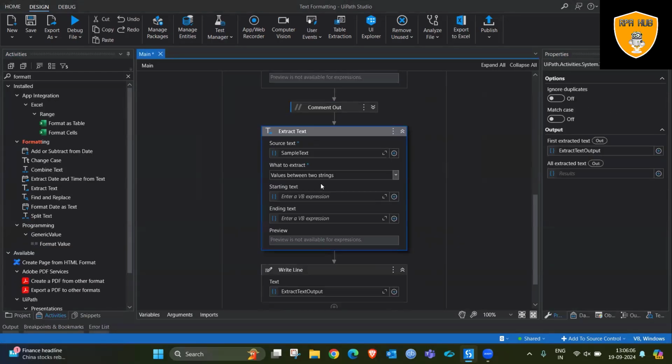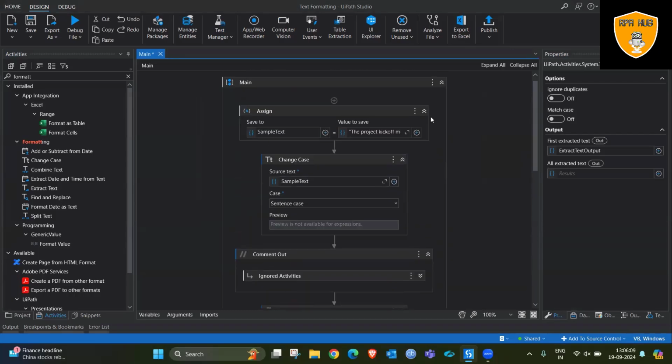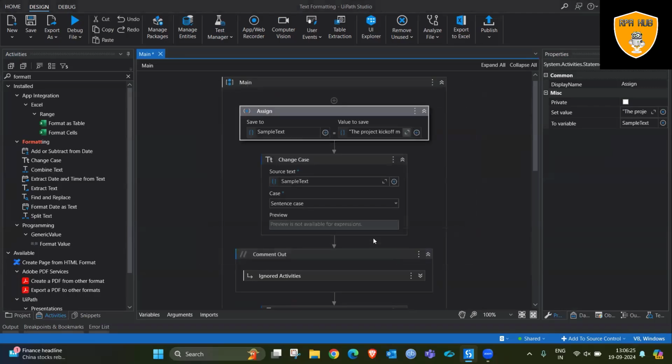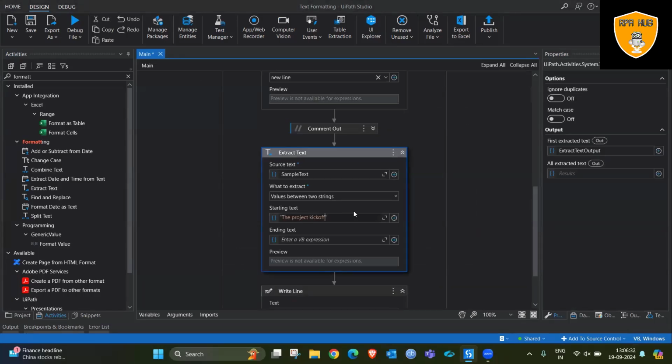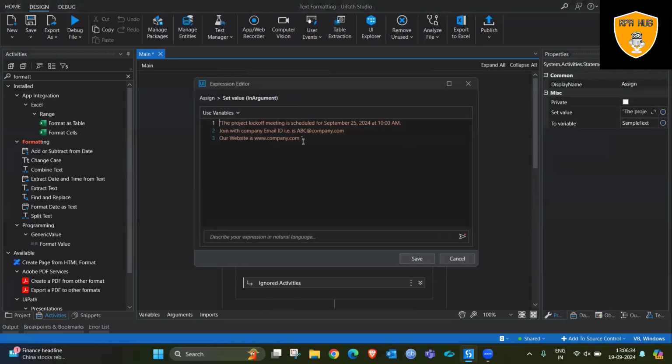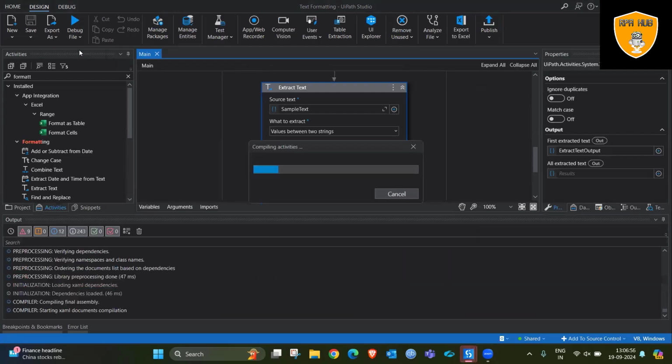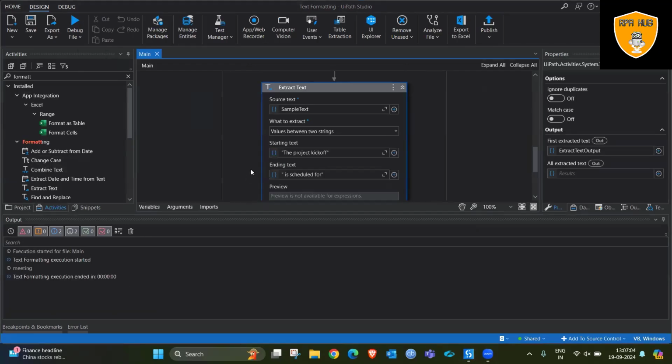Now, this time I want to extract the value between two strings. Here, let's consider I want to get the information from this sentence, the project kickoff. I will add the same information. Here, I will add the starting text and ending text. So my output will be meeting. Whenever I run this code, I will get the desired result, meeting text printed, because that's available